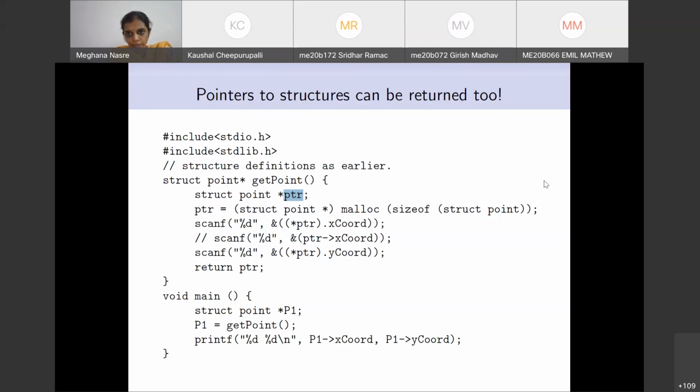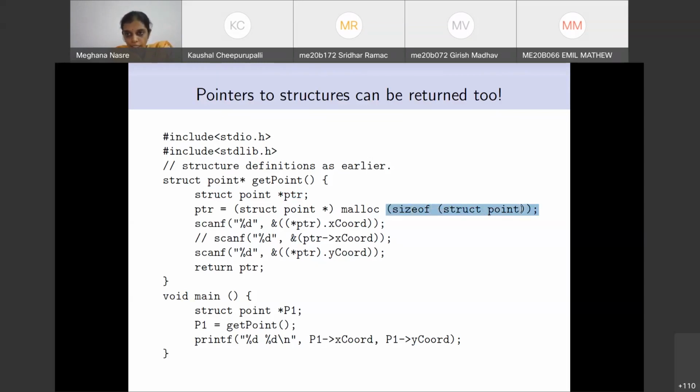So please read this line carefully. How much memory do we need? We need memory which is equal to the size of struct point, not struct point star, because we need memory to store all the members of that. Think of how much memory you require to store a pointer? Maybe 8 bytes or some fixed number of bytes. But for a record that you want to store, or a student record, or a point, you need memory which is defined by the members. How much space do the members occupy? Therefore you need memory which is size of struct point.